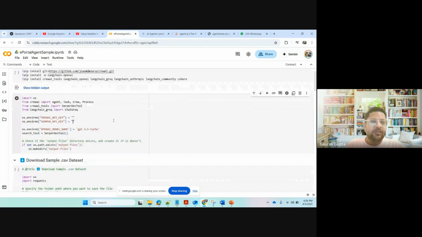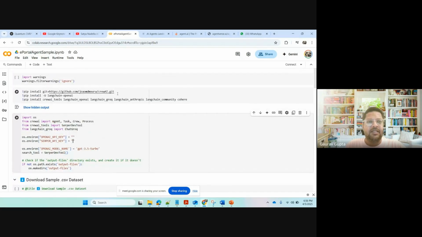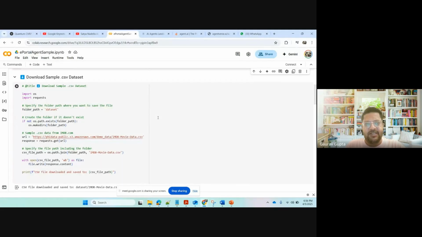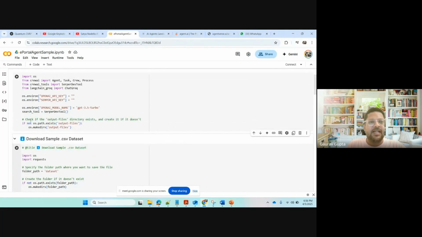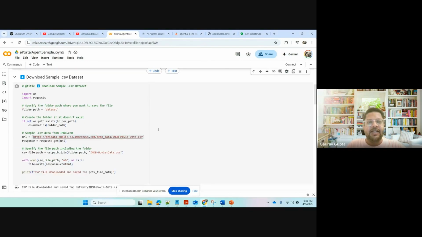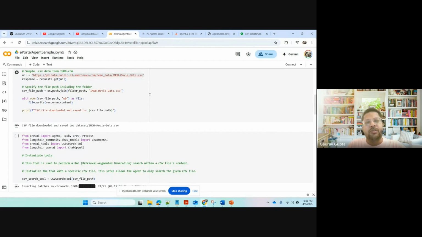So I am defining an agent. I'm calling it a movie buff agent. What I'm going to do is give it an IMDb movie CSV, and I will ask it to go to the internet. Server API key, I've removed the key due to recording. It will go to the internet. So assume this agent is a champ. It has thousands of movie databases.